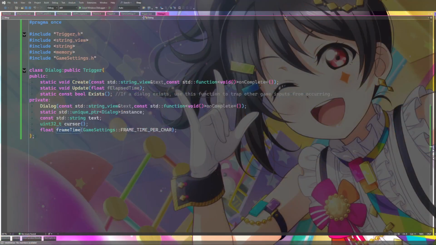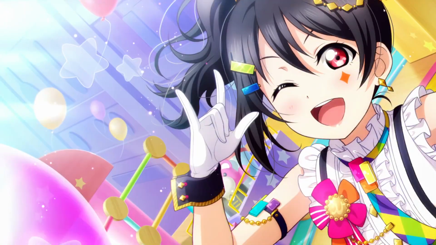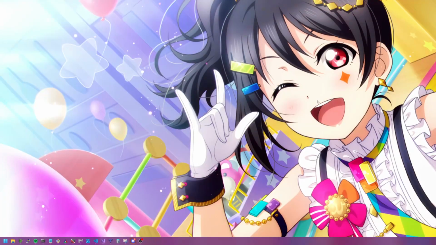If frame time is less than or equal to 0, then I will display another character, reset frame time, and go from there.